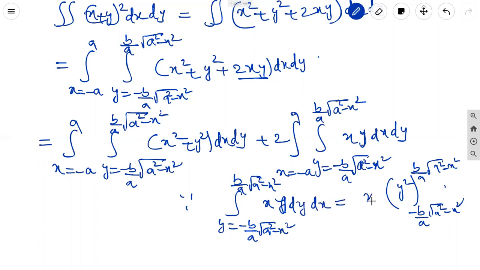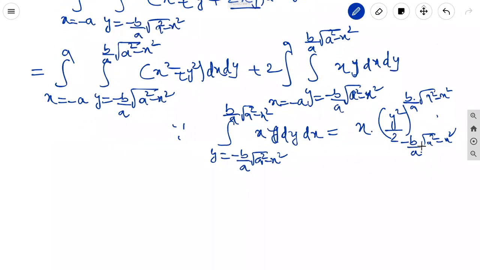This is equal to x times the integration of y, which is y square by 2, from the lower limit to the upper limit. When we apply the upper limit minus the lower limit, this whole square minus this whole square,